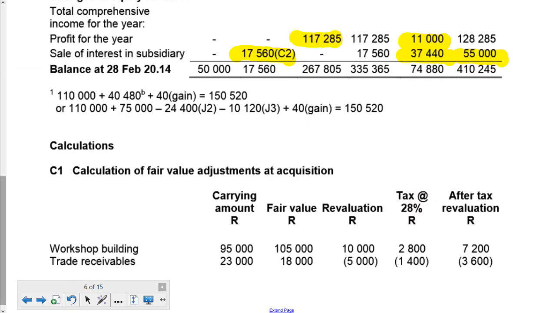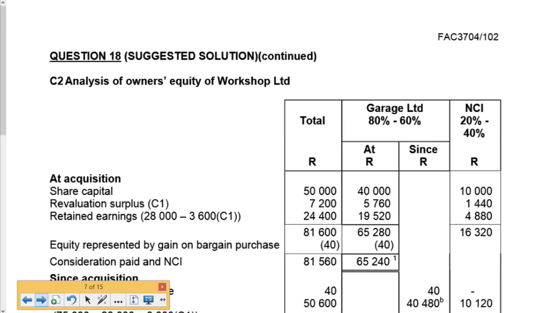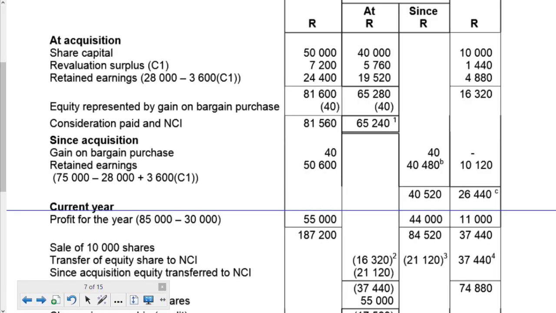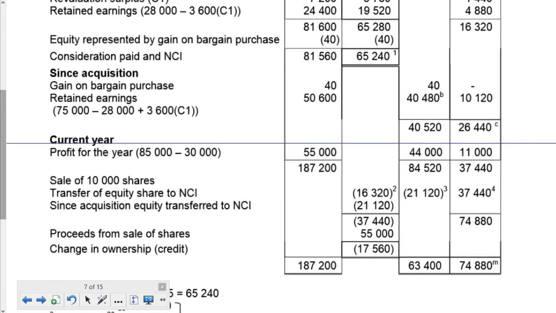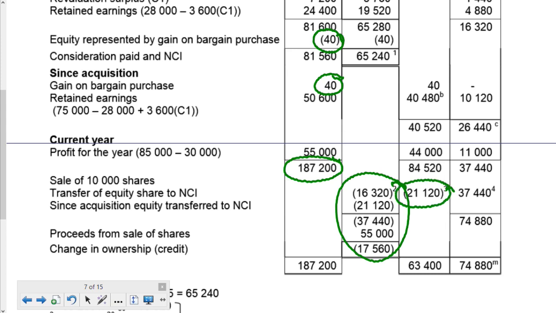Yeah, and those are the three things that they ask you to do. I wanted to show you what the analysis looks like. When we have changes in ownership, the analysis takes on some extra dimension down here, which starts to get a bit confusing, like where the numbers are coming from and where it's balancing to, isn't it? And you see that what they also do is put a bargain purchase up there, then they remove it here because we want our numbers to be excluding the bargain purchase in that column, which is the share capital, the on acquisition column. So it does some funny things over here, where we land up with this 21,120 that we're reversing out of retained earnings. But I don't know, it's just a funny